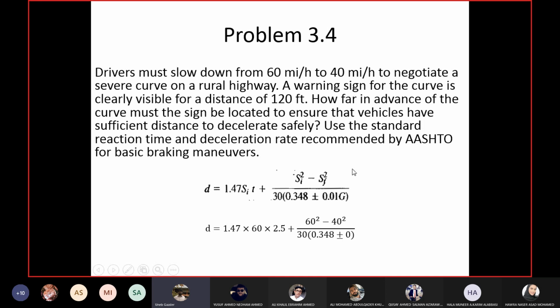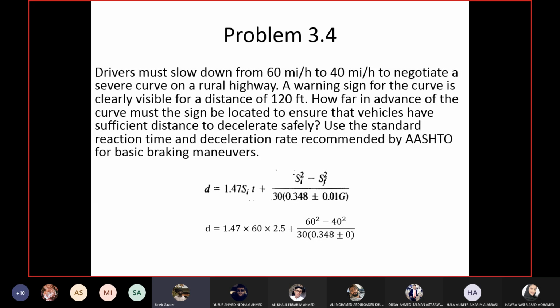Now we will use the same equation which is for stopping distance, but in this equation we will not put SF as 0 because there's a final speed here. Why are we using the stopping distance equation, why not the braking distance equation? Because looking at the traffic sign is involved. When he looks at the traffic sign, he will take some time to get the information, decide and initiate his action.